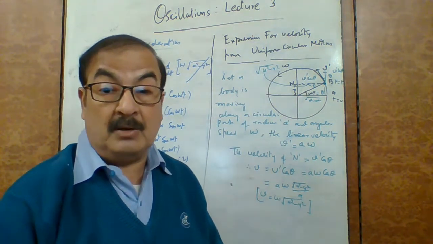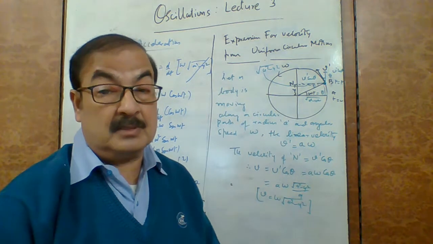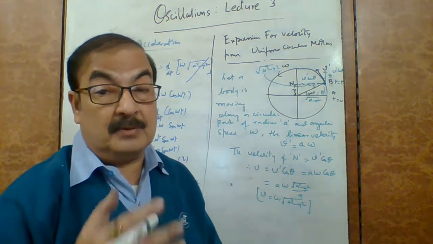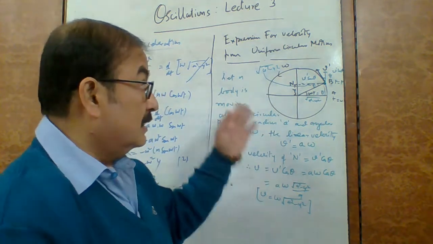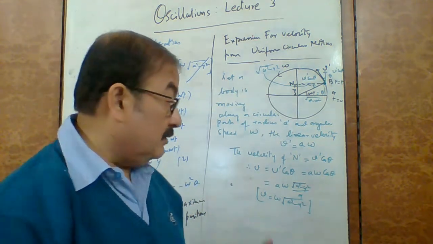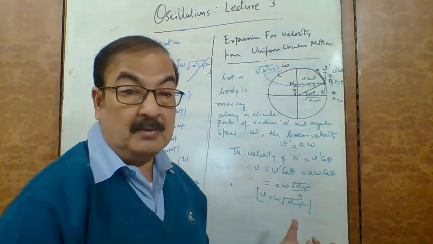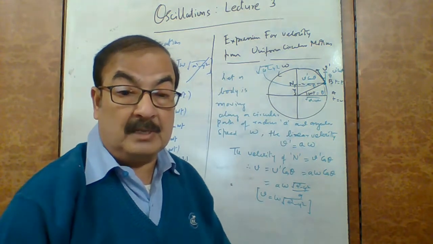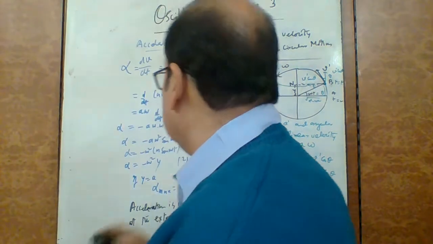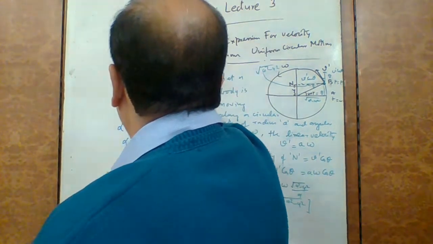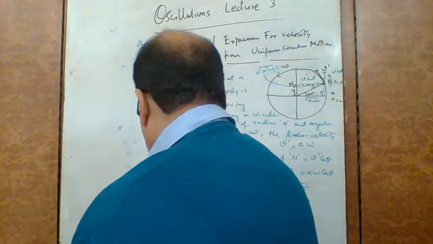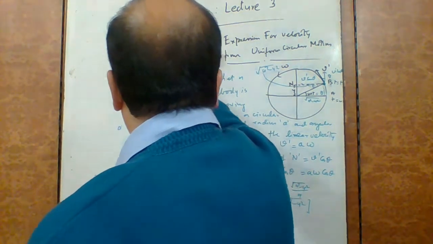All those students who take biology, biology students, may face some difficulty in understanding such differentiation. But this is a direct method, which is more physical as well as practical, and you can get this type of formula for the velocity of a body executing simple harmonic motion. In the same manner, we can also derive the acceleration with a similar method.